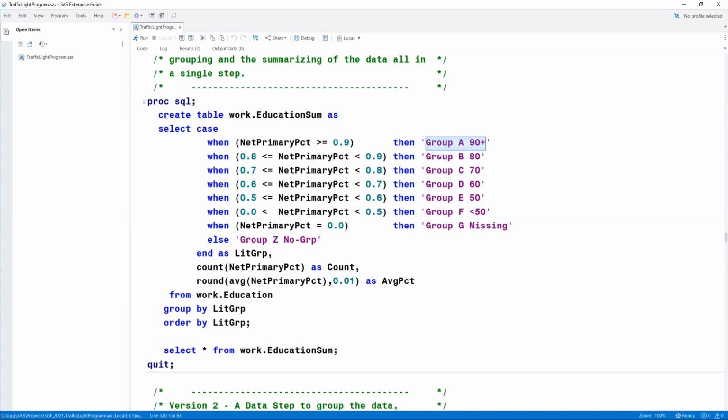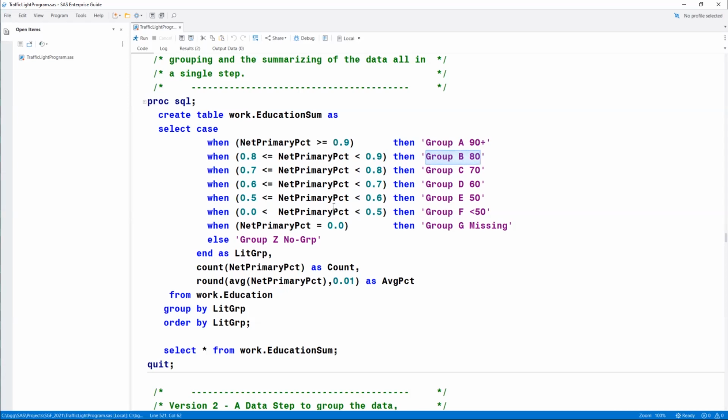And that value, that's actually a character value, will be assigned for that row to this new column called lit_group, literacy group. Then if I have a row that's 80% or up to and not including 90%, I'm going to set lit_group to group B 80.